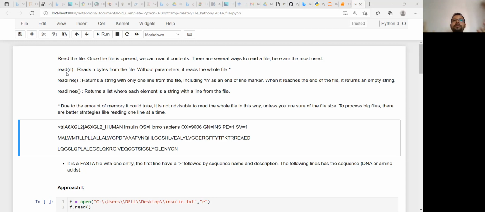If the file size is large, say for example 100 GB, and your computer memory is not enough to handle such a heavy file, the program may crash. So a better option is to use the other options like readline or readlines, or using for loops, so that the program can read one line at a time. That is the best practice.